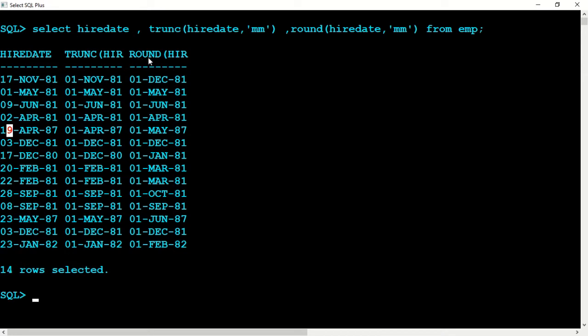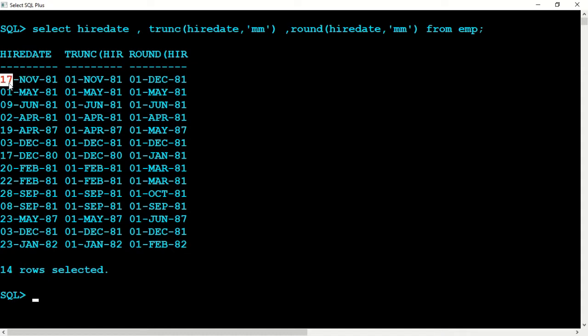But if you say round, then it considers the date also. If the date is greater than or equal to 15, remember, then it will go to the next month's first day. Otherwise, it gives the current month's first day, if it is less than 15th. So let's see here, this is 17th November.